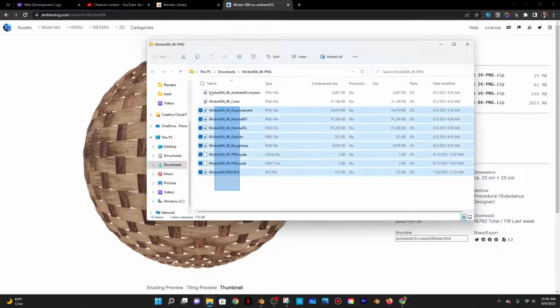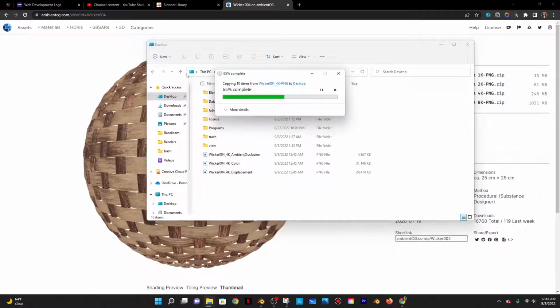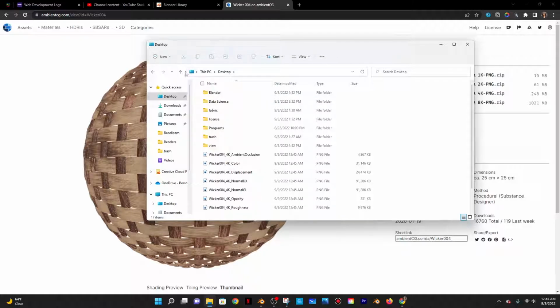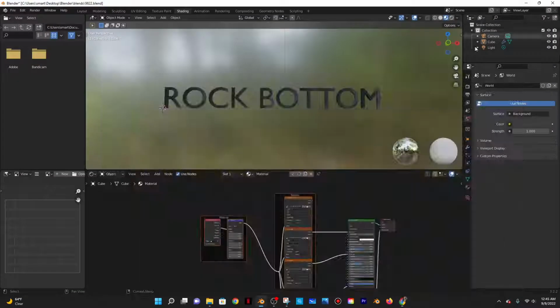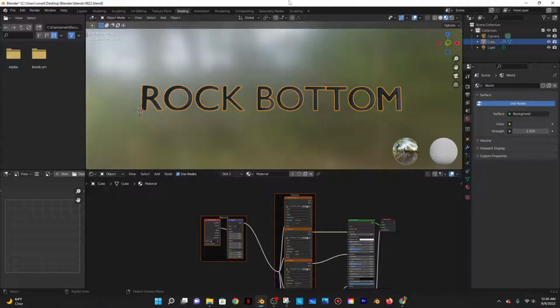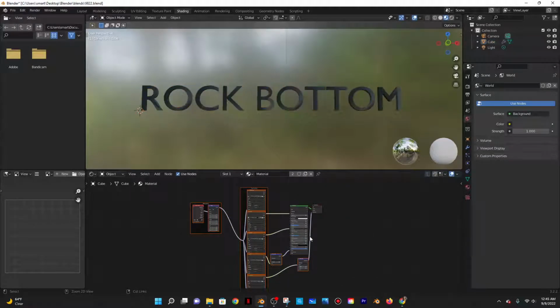All right, and then I'm gonna just repeat the same thing, move this to my desktop, create a new folder, call it, I don't even know, wood. And then you move all of those textures into here, and then let's see what that gives us. Again, I'm just trying to kind of play around. So let me do Control Z to get rid of